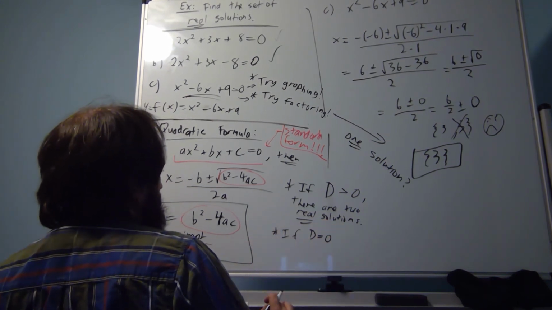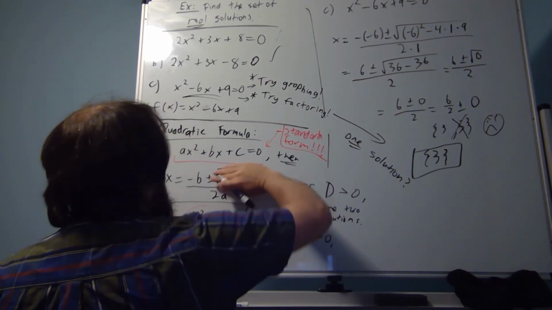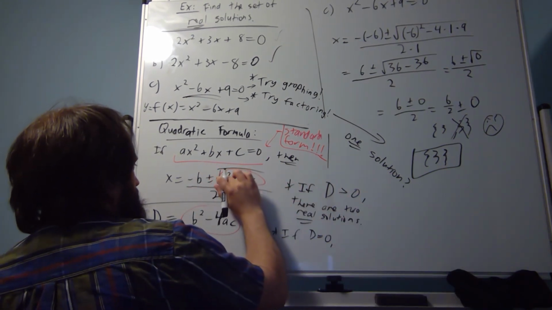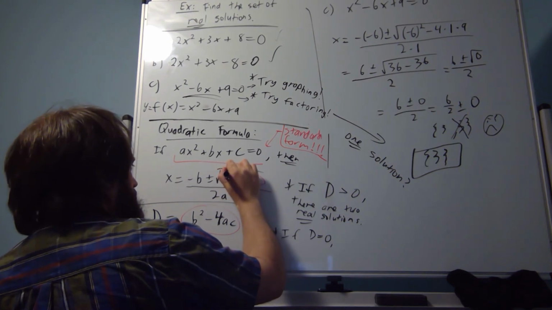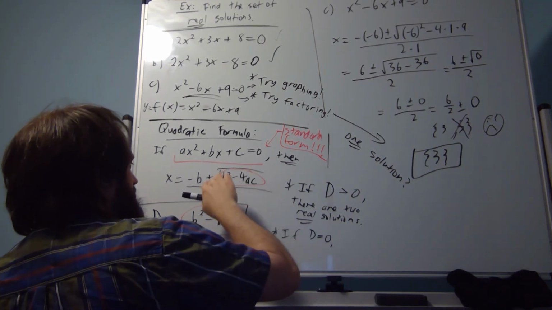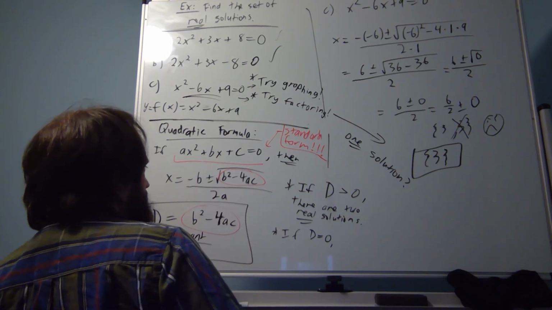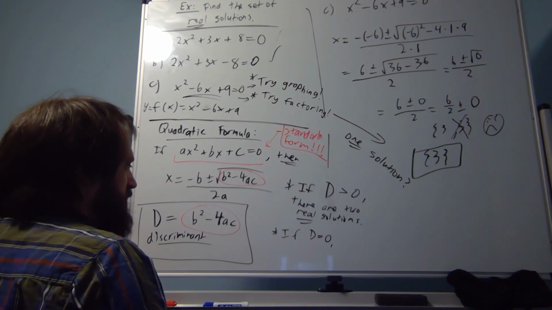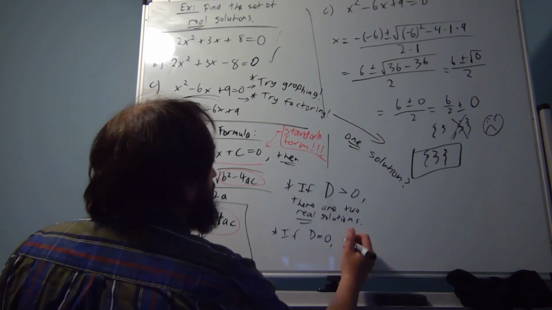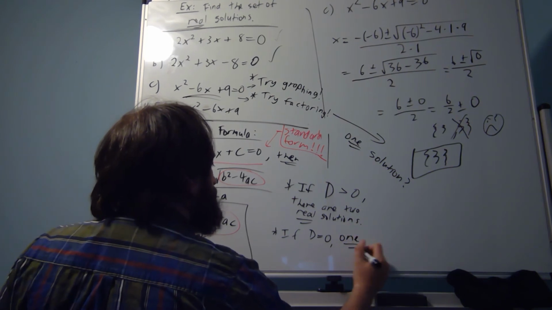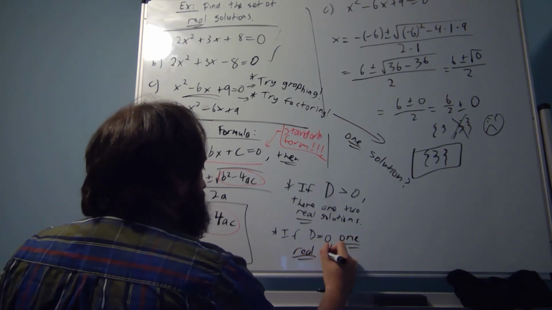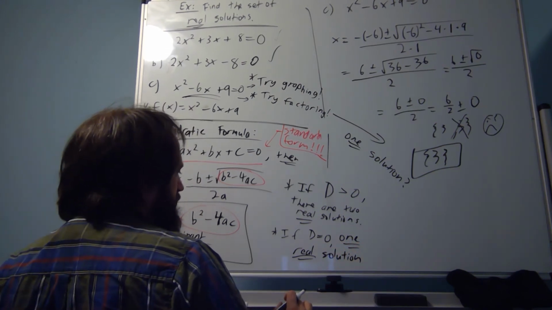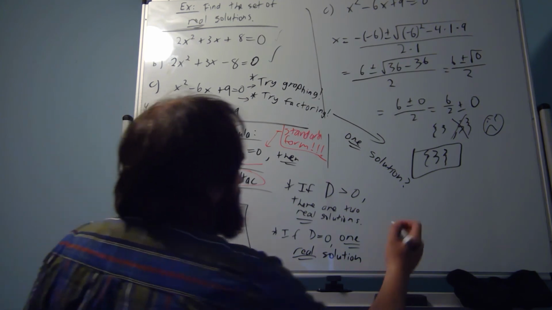D equals 0 is a very, very special case. If D is equal to 0, then it's just like the one we just did. Then this thing that we plus or minus in the numerator is just 0. You plus or minus 0, it has no impact whatsoever. So then D is equal to 0 exactly. There's exactly one real solution, and